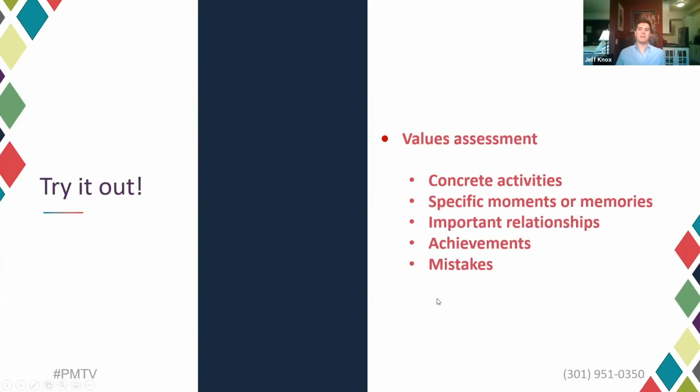So let's think about the values assessments a little bit more concretely. And let's just use this example to make a point about the kind of concrete work you can be doing to get started. What I'd like you all to do right now, ideally if you have a piece of paper in front of you, or if you can pull up a Word document or a Google Doc or whatever, and we're going to give you a little bit of time to do this. I'd like you to jot down just a word or phrase that refers to 2 concrete activities that you're a part of, whether it's an extracurricular at your school or your club, or something that you just do for fun, like you strum the ukulele, whatever.